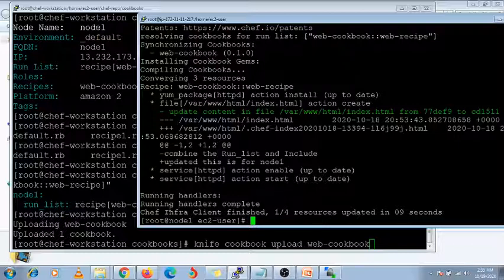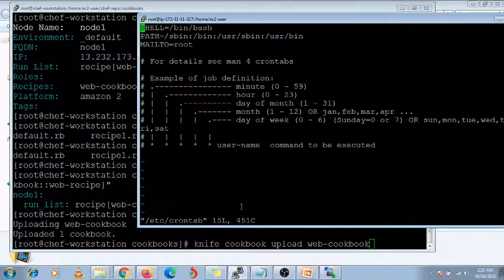Now every time we are using this shape client, that means it is not automation. So to do this automation, first we need to use this crontab. You need to know this crontab and how to add it. So go to your node server and enter vi /etc/crontab, and under this crontab we need to specify.